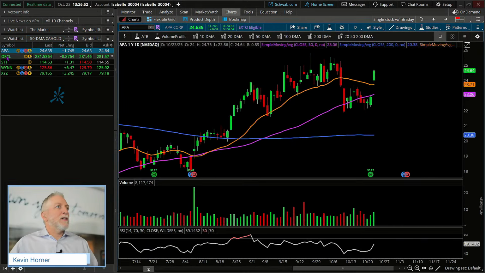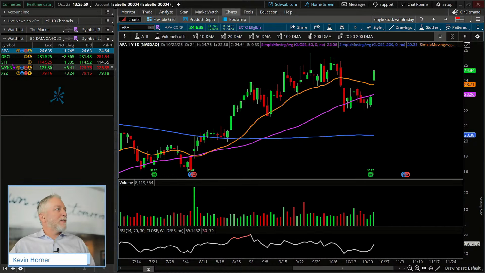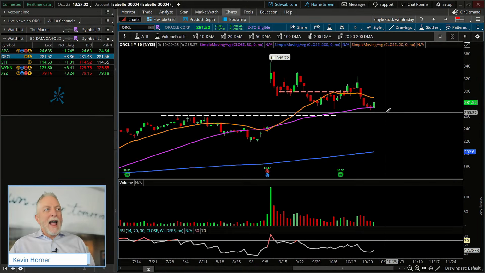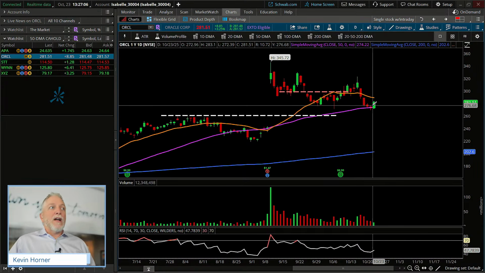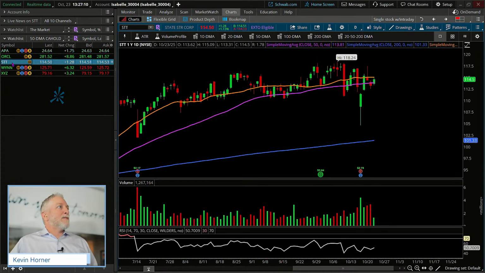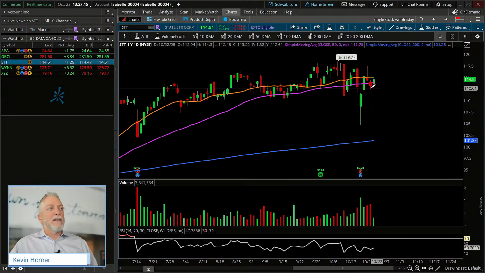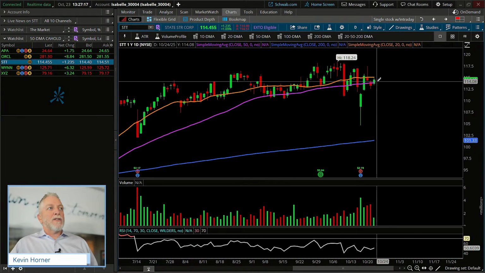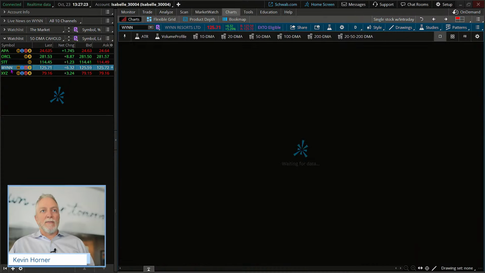Here's Apache, APA, back above the 20, but it was below. Notice how yesterday it was below the 50, right? Today, right above it. Oracle, right at the 50. Very notable. Is it above the high of yesterday, if yesterday is the low day in this pullback? Yes, it is. How about State Street? Same thing, closed below the 50 yesterday and traded through the high of yesterday and above the 50-day today. Okay, so this is fairly intriguing to me.